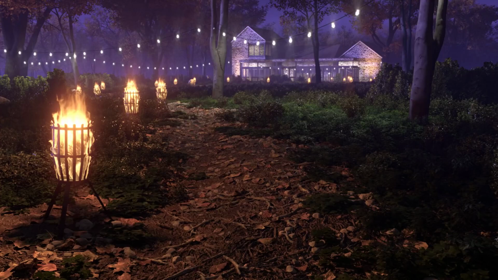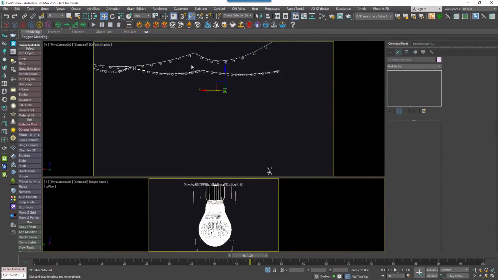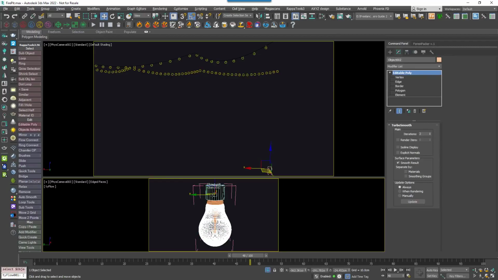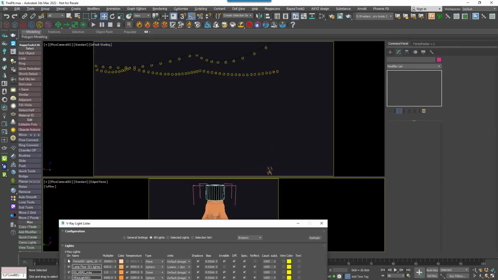Another, more visible difference though, is that this change means you can now use forest color to randomize the properties of your lights. To illustrate this, let's randomize the colors of these festoon lights. So you see I have some festoon lights in the scene that are currently all the same color. As in our previous examples, these are a group containing geometry and light objects. To randomize the light's color, I'll pick it from the scene, using light lister in this case, and go to